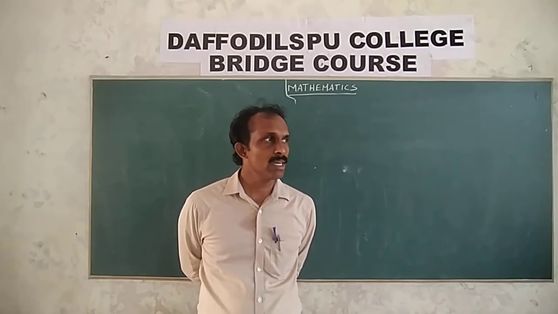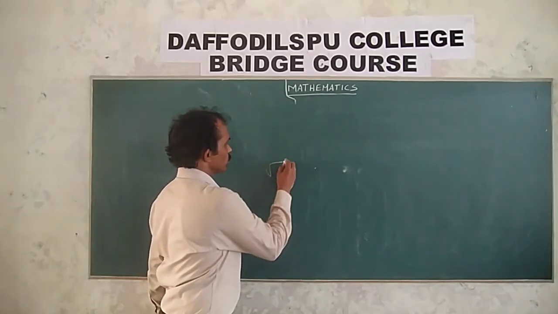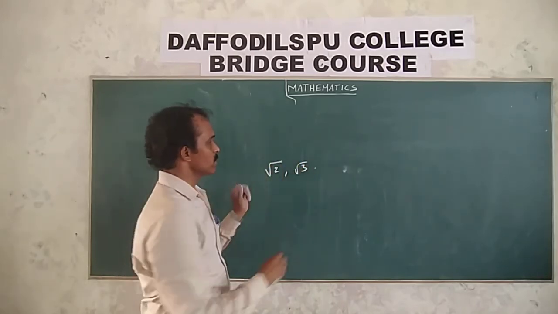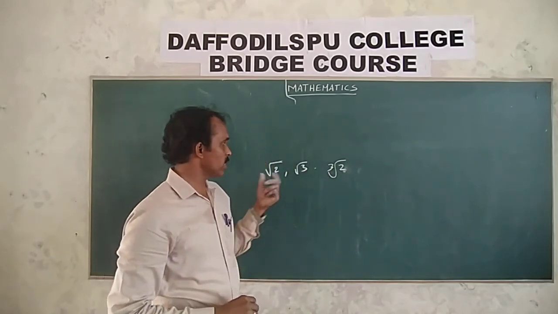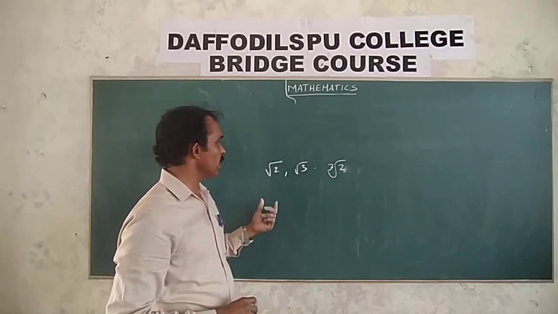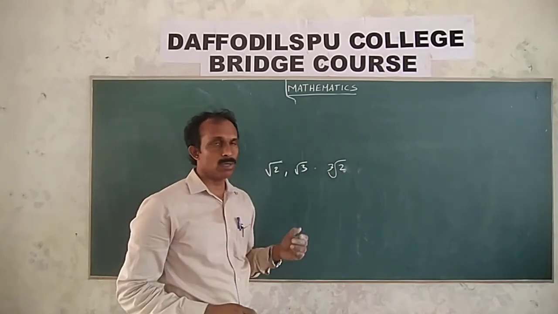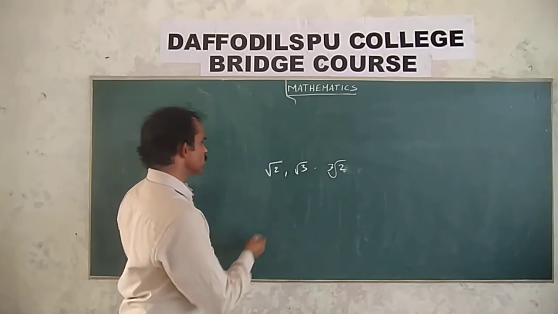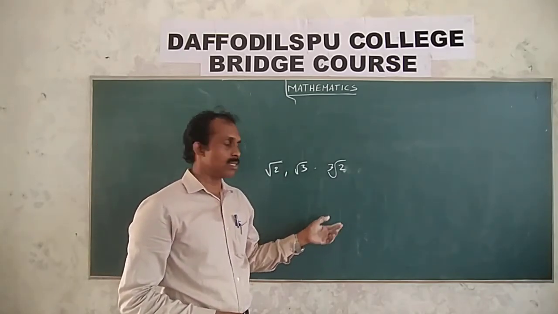irrational numbers. What are irrational numbers? Already explained. Suppose square root 2, square root 3, or cube root 2, which do not give exact values. Those numbers are called irrational numbers. By definition, numbers that are not perfect squares, not perfect cubes, not exact values, are called irrational numbers. In another definition, non-terminating and non-recurring numbers